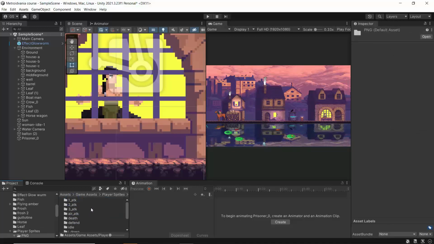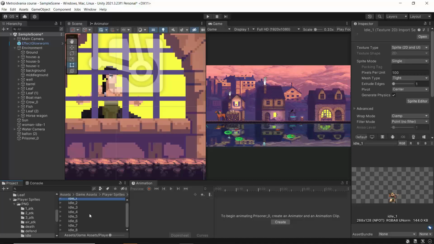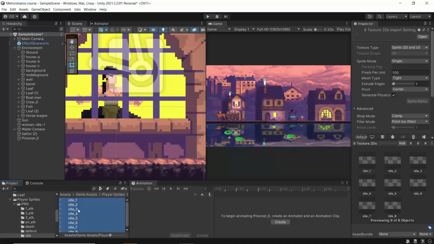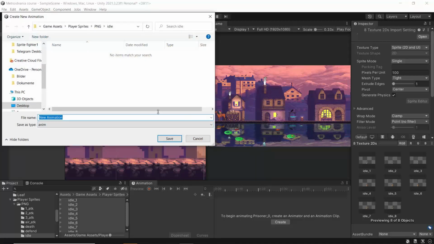For now, we can add this player sprite idle inside of our game. So it's possible that later I'm going to change it, I think it needs to be edited a little bit. So I'm going to put it there,